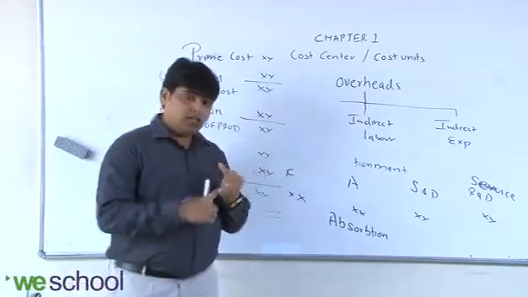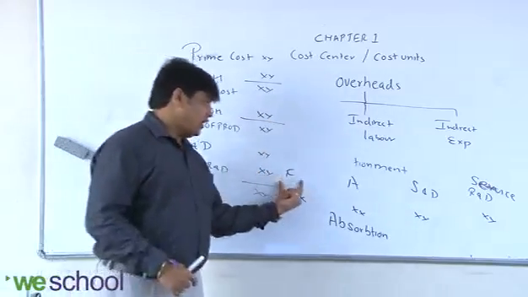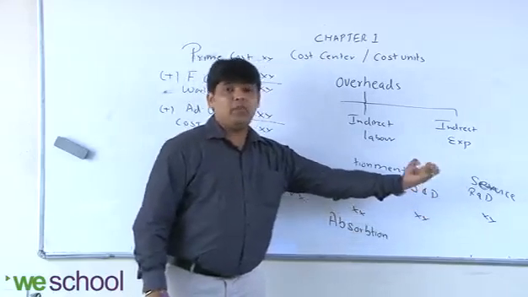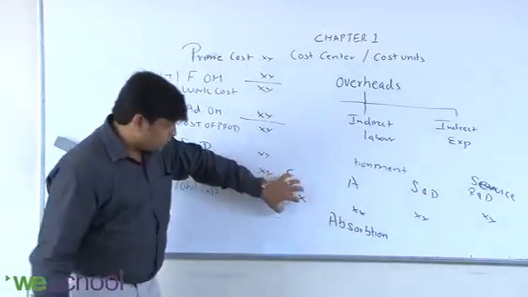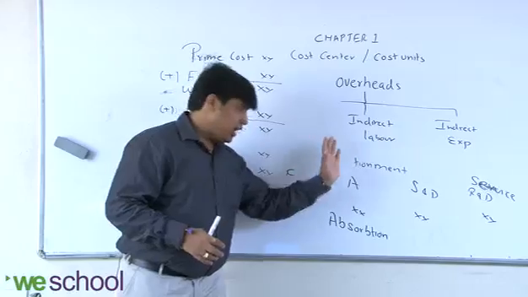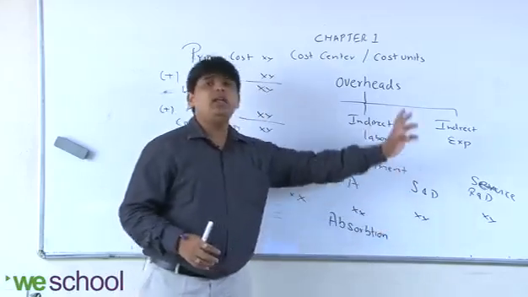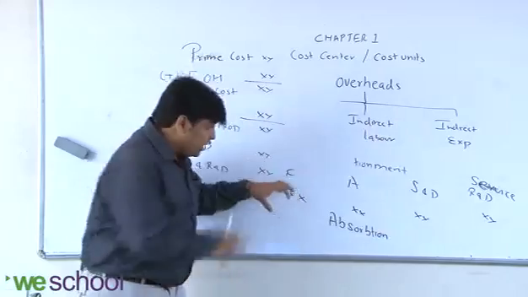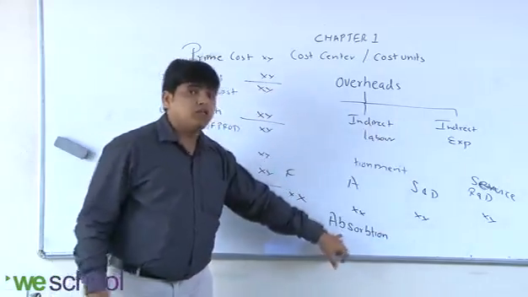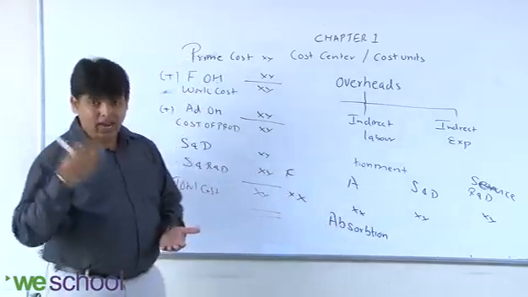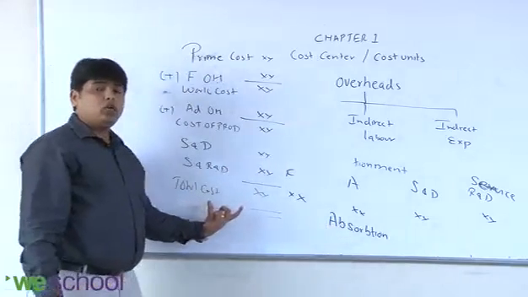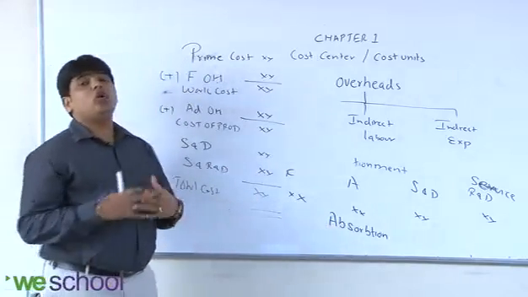After doing allocation and apportionment, we get the total of factory overhead, admin overheads, selling and distribution overheads, and research and service department overheads. Right? Now this expense is the total of all the common costs incurred in the factory cost center, admin cost center, selling department cost center, and service department cost center. Now this needs to be charged to each and every product. That is called absorption. There are various methods or ratios. On that basis, we calculated and distributed, and we finally came to the total cost. So this is how total cost is calculated.